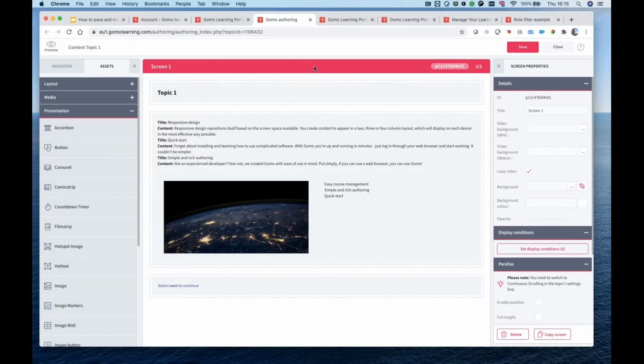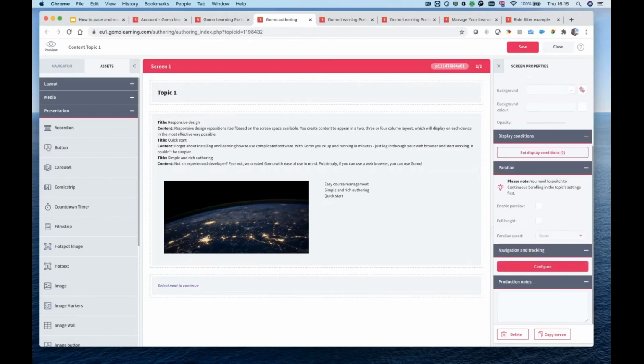In this particular case, I want to find that next button and apply a condition to it to say, don't show the next button until everything that a learner can do on this screen has been done. The way that we do that is that you find the screen properties. What we'll find here is the navigation and tracking section. This is all to do with those next and back buttons. So if I click that,